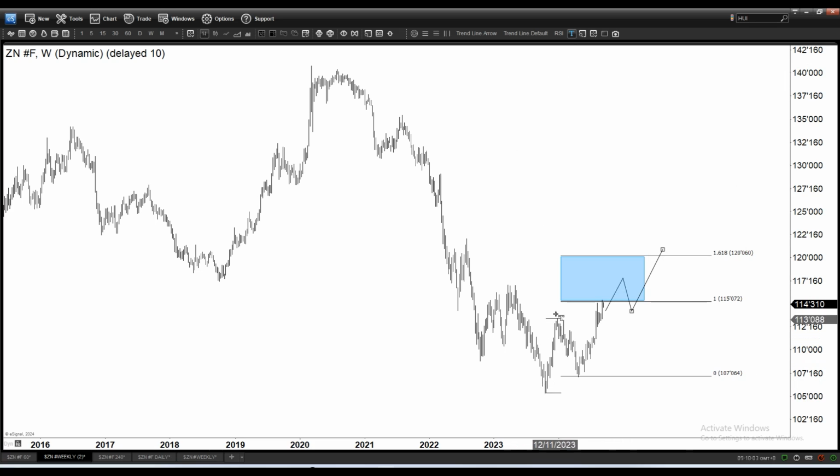So you can think of this as not 1, 2, 3, but as an ABC. But the ABC is still a little bit too shallow, because the ABC is only ending the W. So you're going to get a big X, a big X correcting this entire 3 waves, and then you will have another 3 waves up